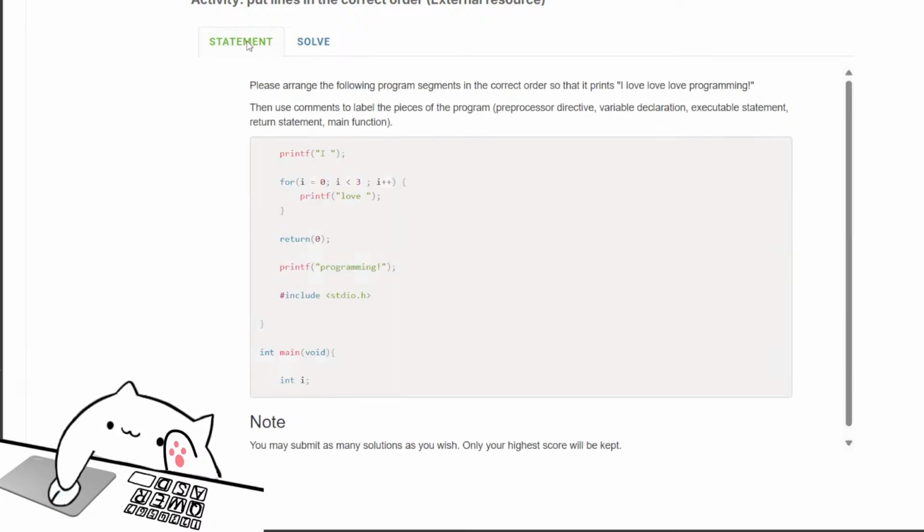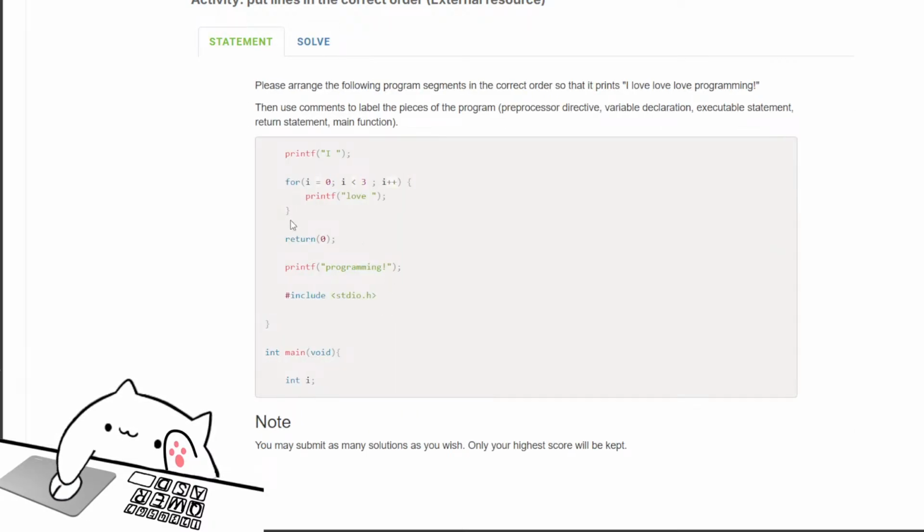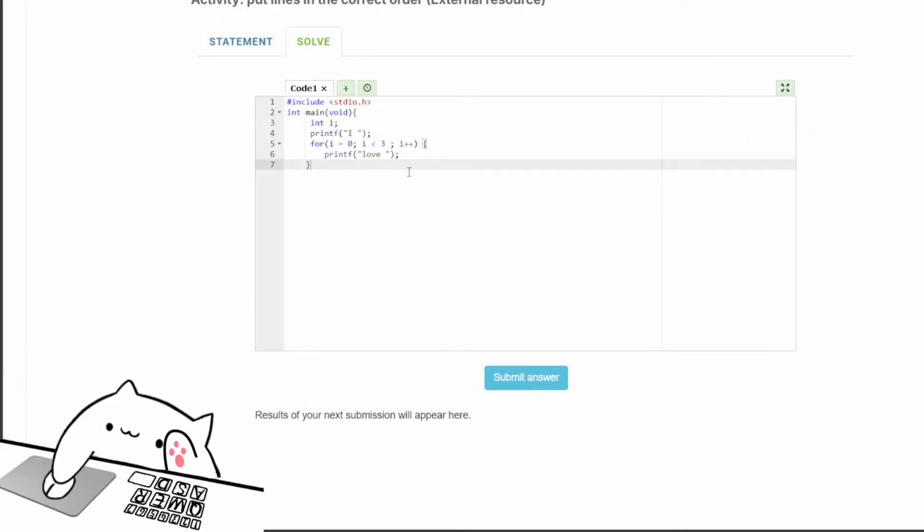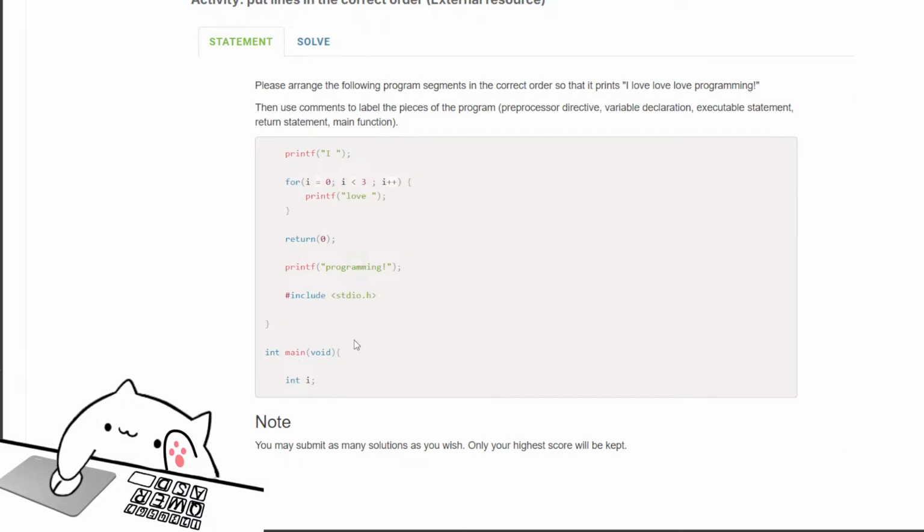Copy programming, this. Okay, now what should I do after this? Main, printf, programming, I love programming. Okay, copy. Paste, I love programming, and I think return 0. Now this is copy and